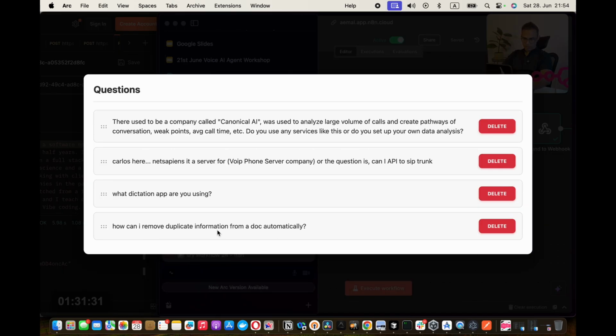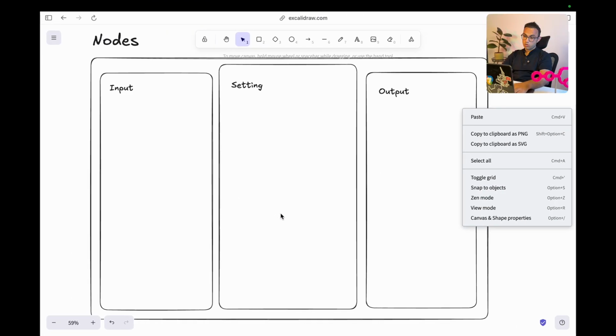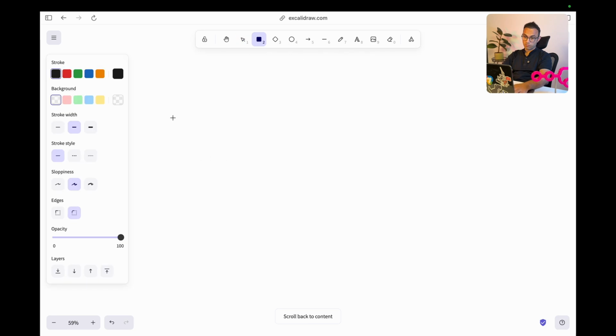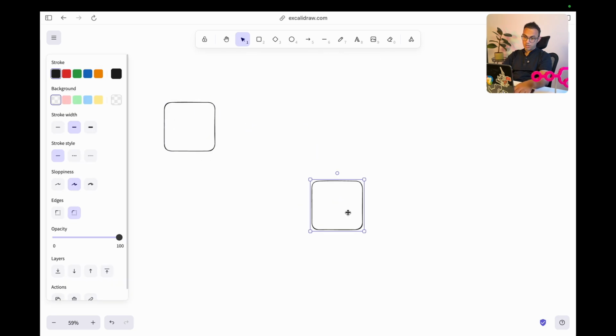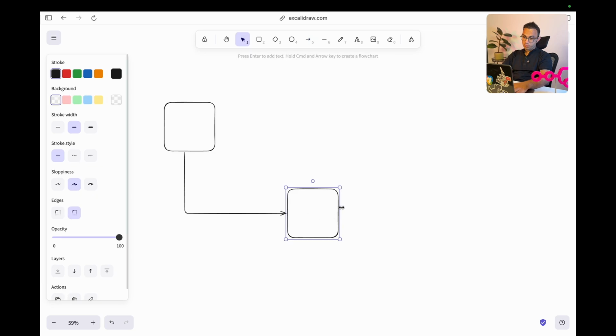How can I remove duplicate information from a doc automatically? Good question. If the documents are already sitting in your Google Docs, then this would be the workflow. You create a Google Doc, you get it. This is basically the get doc. Then you run it through an AI agent.